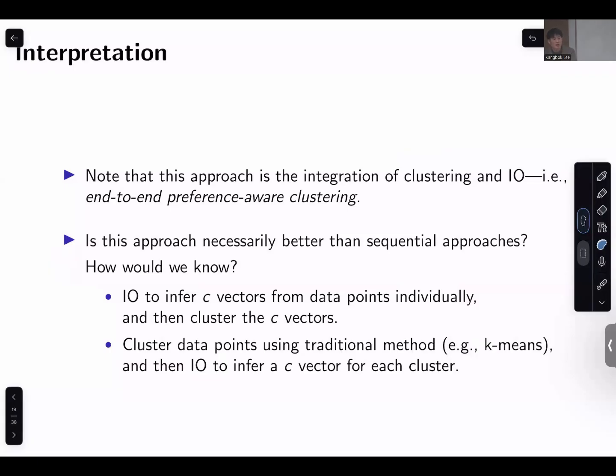Or you can cluster the data points based on Euclidean distance proximity, and then apply inverse optimization to different clusters post hoc. So what I'm claiming here, and what is actually shown theoretically, is that this integrative way of viewing and modeling this problem actually works better than this purely sequential way of